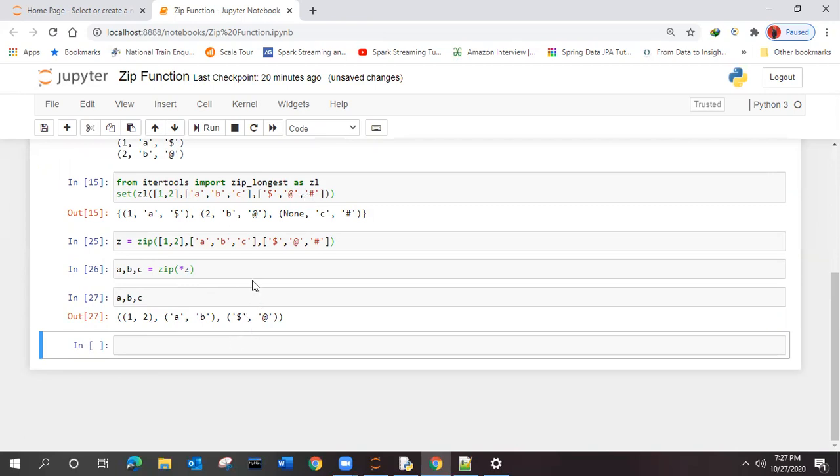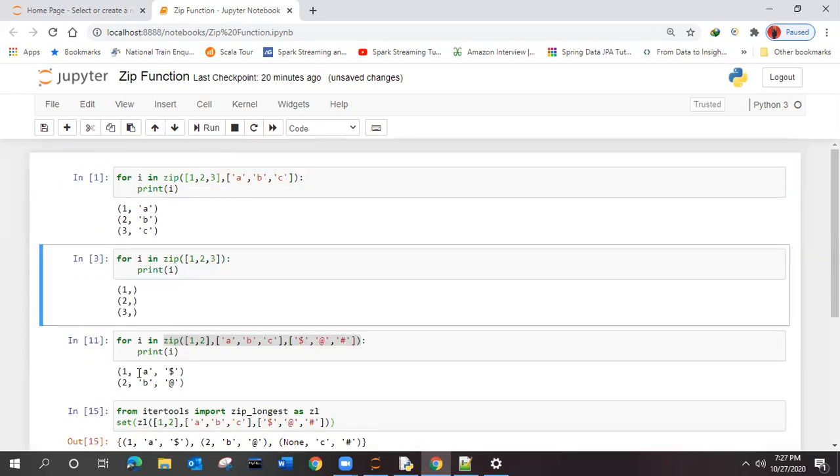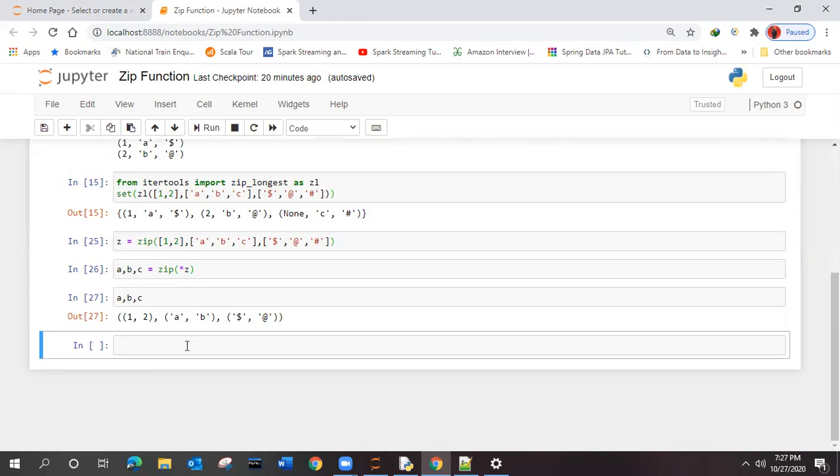Why is it happening? Because we are not making use of zip longest. So you can see here, 1, 2, A, B, and only 2 were zipped. Whatever is zipped, that only is going to be shown.